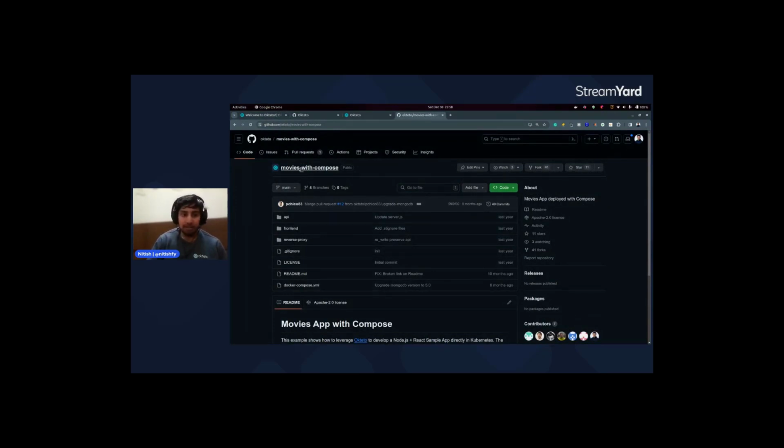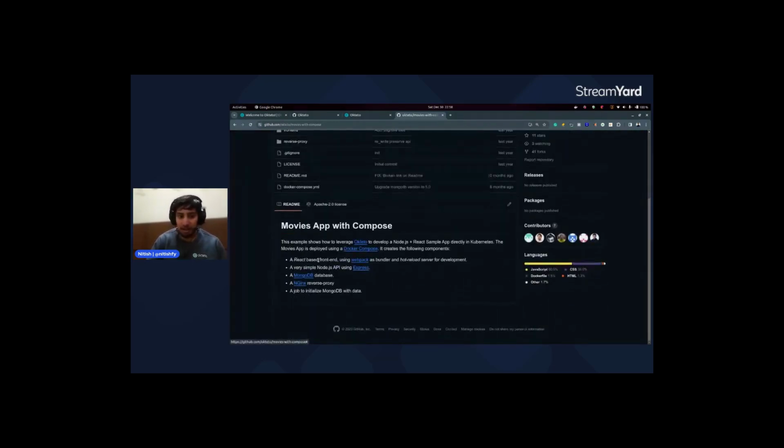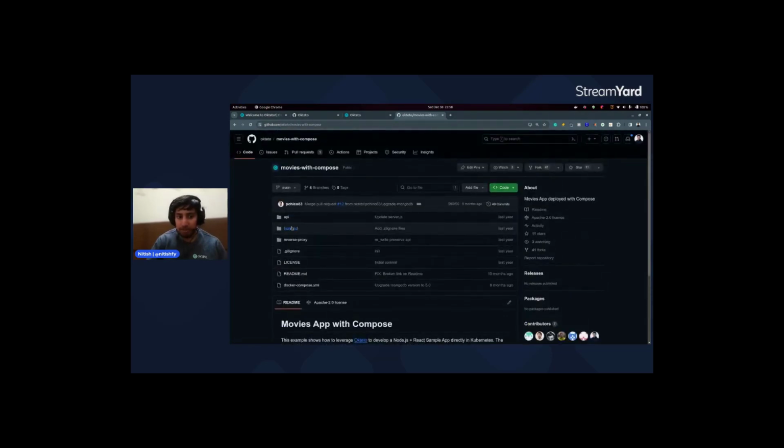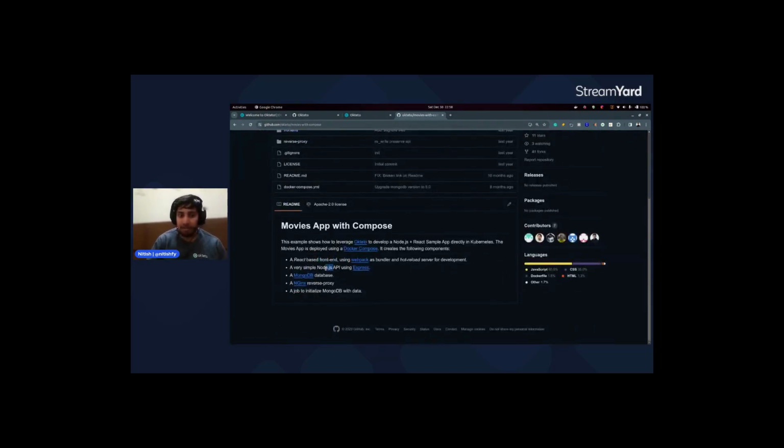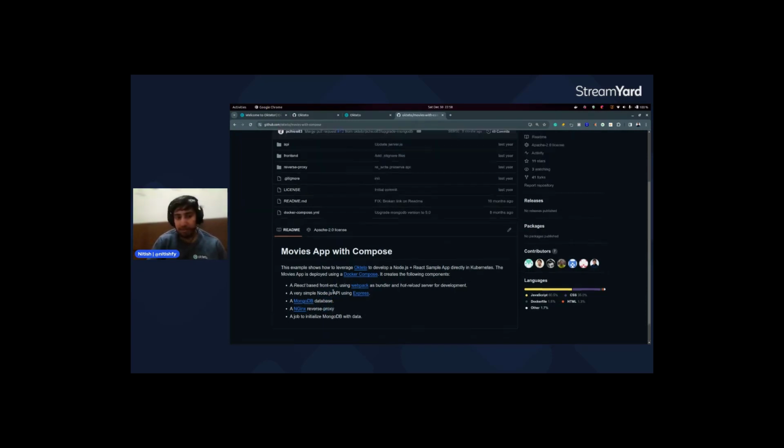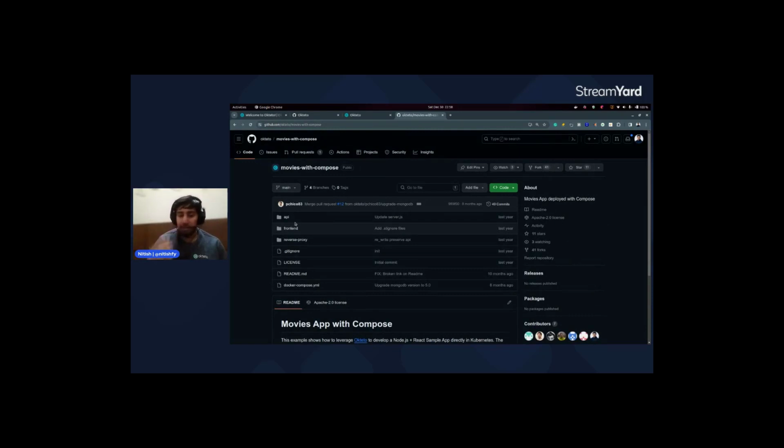This is a movies with compose application, in which the front end is written in React, the API is written using Node.js, the database is MongoDB, the reverse proxy is Nginx, and there are a lot of other things in this basic application. So this application contains a bunch of services like API, front end, reverse proxy, and many others. Now if you deploy this application on the Kubernetes cluster and assume you get a bug somewhere,